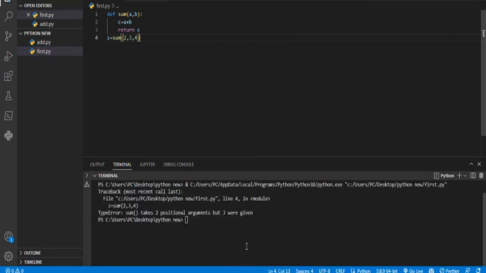You won't get an error. See, it also gives an error: takes 2 positional arguments, but 3 were given. Okay, you have given 3 arguments here. There are only 2 parameters, but you have 3 arguments here. Okay, this type of error, a type error, is also detected by the